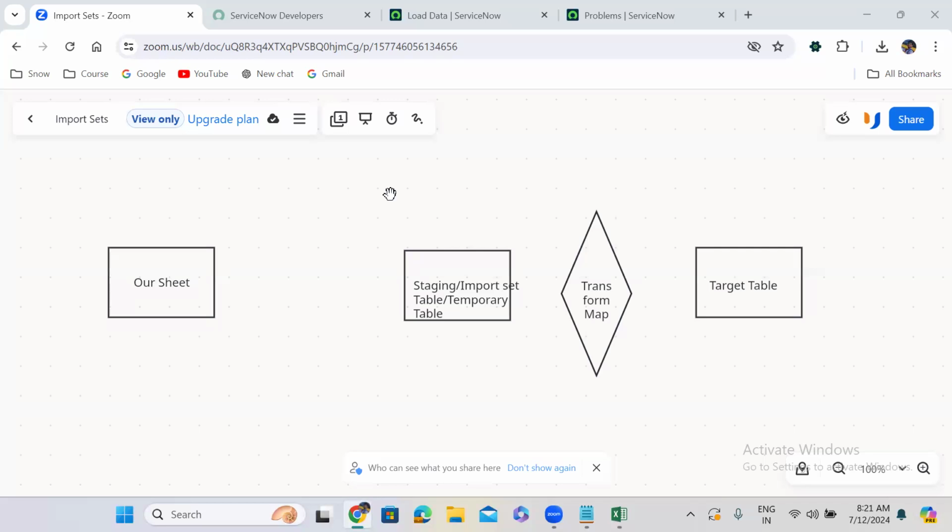Why do we need to keep them in the temporary table first? Why do we have to import the details into the temporary table first? Why can't we go directly to the target table here? That is because,